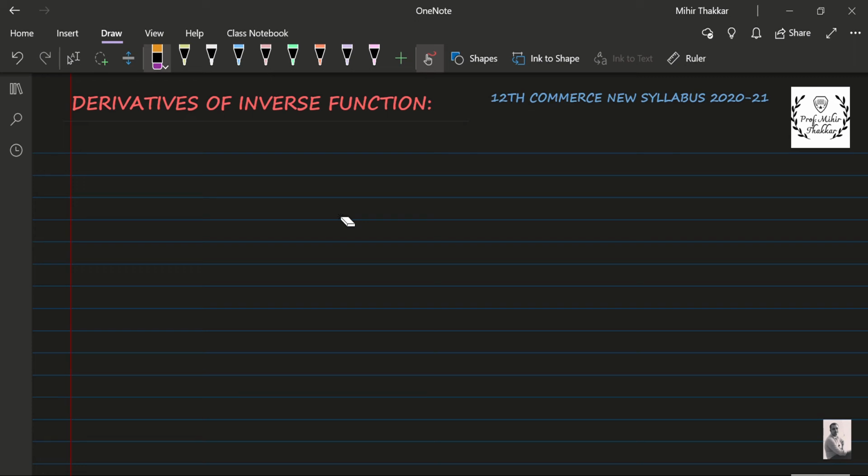Hello guys, let us start today with derivatives of the inverse functions for the 12th standard commerce new syllabus of 2020-21. Now before starting with this chapter, I would suggest this is the fifth part of the chapter,